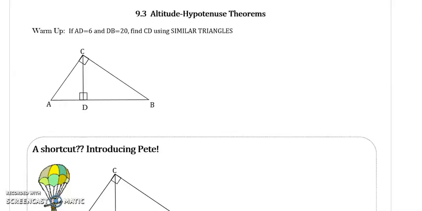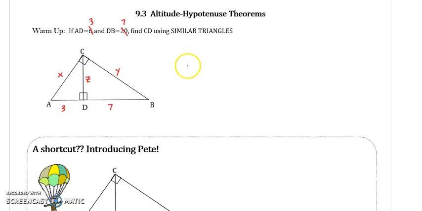All right, so you learned what we called the altitude on the hypotenuse theorem using similar triangles, which can be super cumbersome and actually take a long time to figure out orientation. I'm going to do this one really quickly. Actually, hold on. I'm going to change these side lengths to be smaller, 3 and 7, if you're okay with that. So let's mark this up as 3 and DB is 7. We'll call this missing side length D.